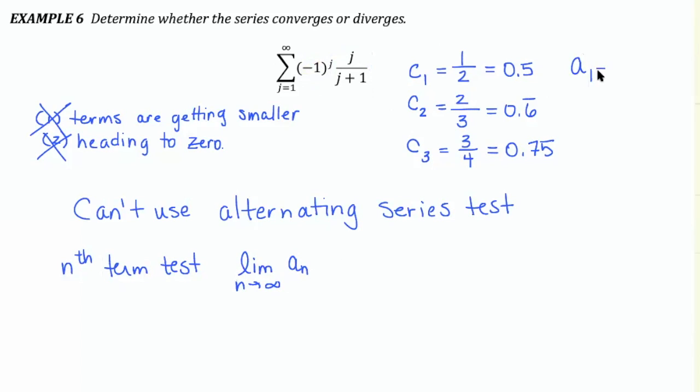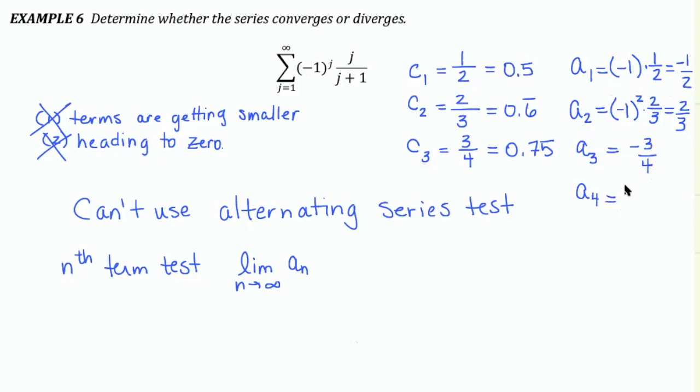I need a sub 1, which is negative 1 to the first power times 1/2. So that'll be negative 1/2. And then a sub 2 will be negative 1 squared times 2/3. So that one's going to be positive. The next one's going to be negative, and so forth. And now I look at the limit as n approaches infinity. As I write out more and more of these terms,